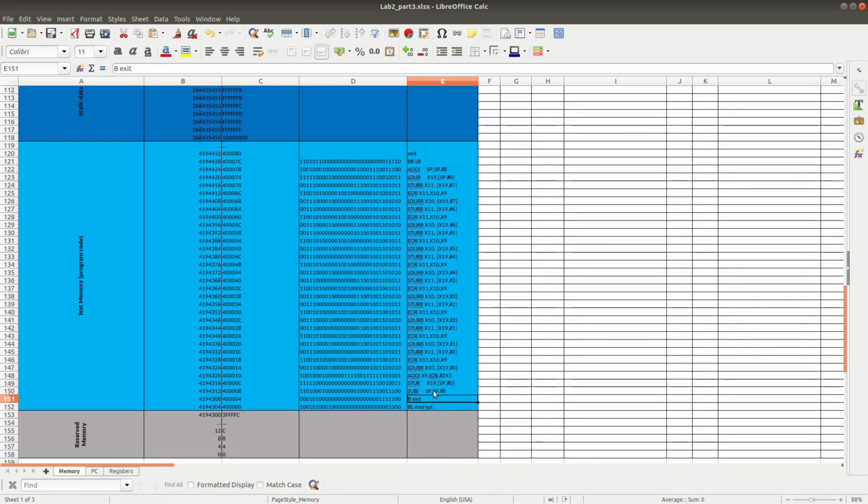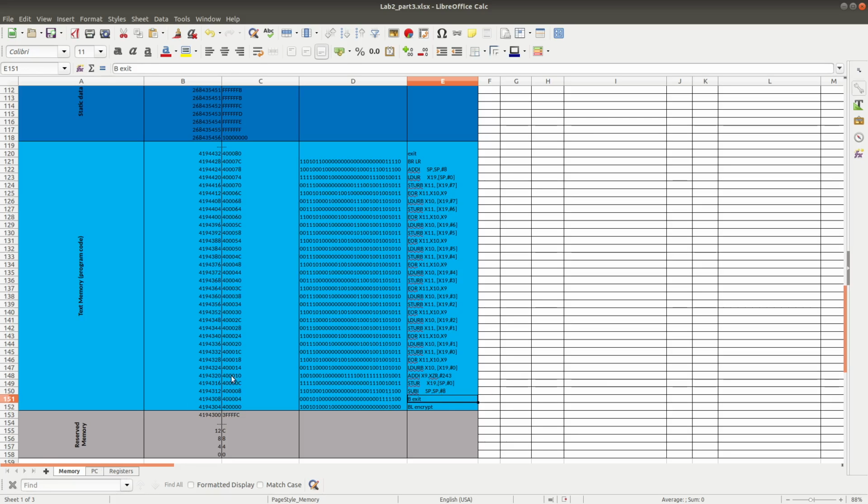And then the instruction SUBI SP, #8 means that the stack pointer will reduce its value by 8, because our data in memory is stored in units of 64 bits, or double words, so the stack pointer needs to reduce by 8 bytes to point to where we can store our value.